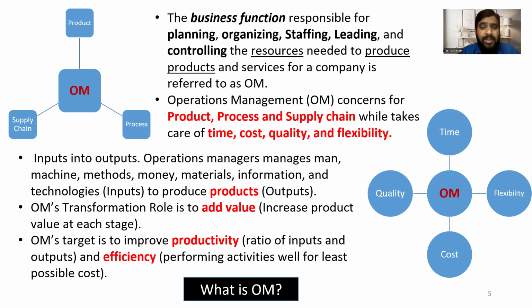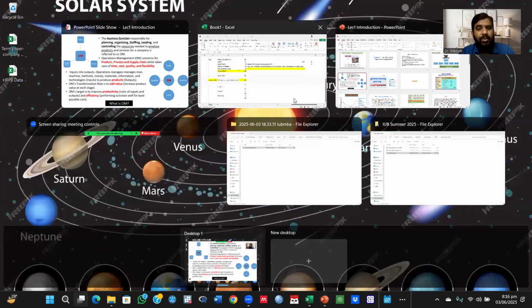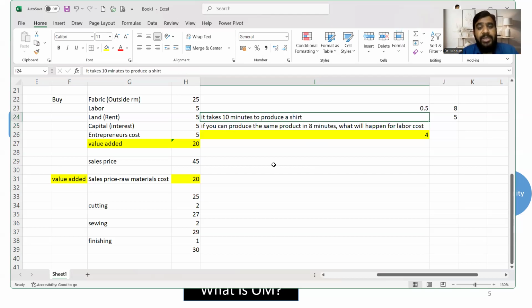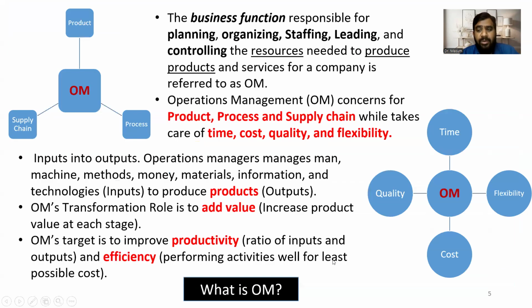Not only labor cost, but also electricity. Electricity will run for 10 minutes, now it will run for 8 minutes, so 2 minutes of electricity cost will be saved. Depreciation: your machine will run for 10 minutes, so there is a machine running cost. If you run the same machines for 8 minutes, your cost will decrease. So time is related to cost. So in addition to maintaining quality, you have to